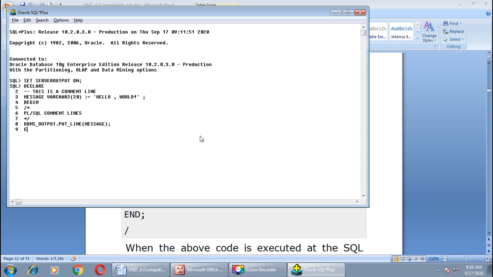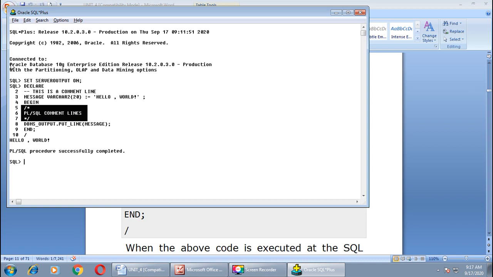Now the end of the declarative section, the end of our executable section, and then for the execution of this block I will type slash and press enter, right? Here you can see the output. If you observe, the commented lines have disappeared from the result. The multi-line comment I gave on line numbers 5, 6 and 7 has also vanished. It doesn't show when you execute your block.